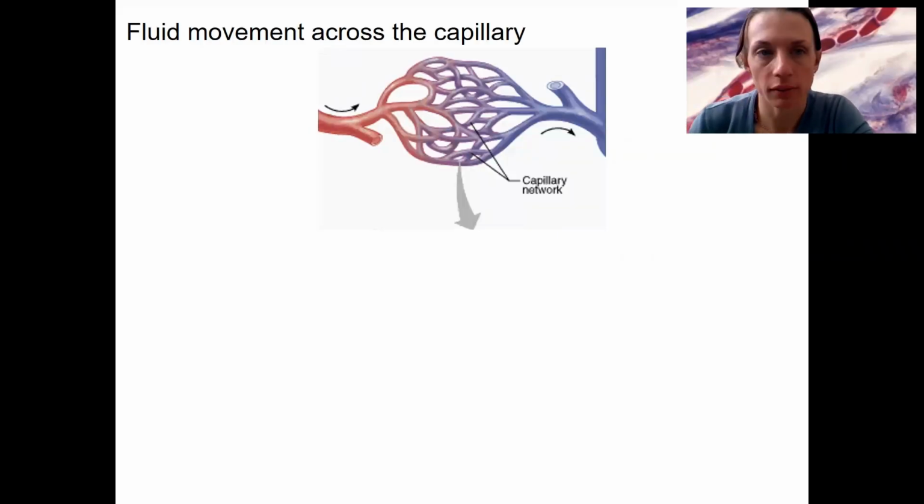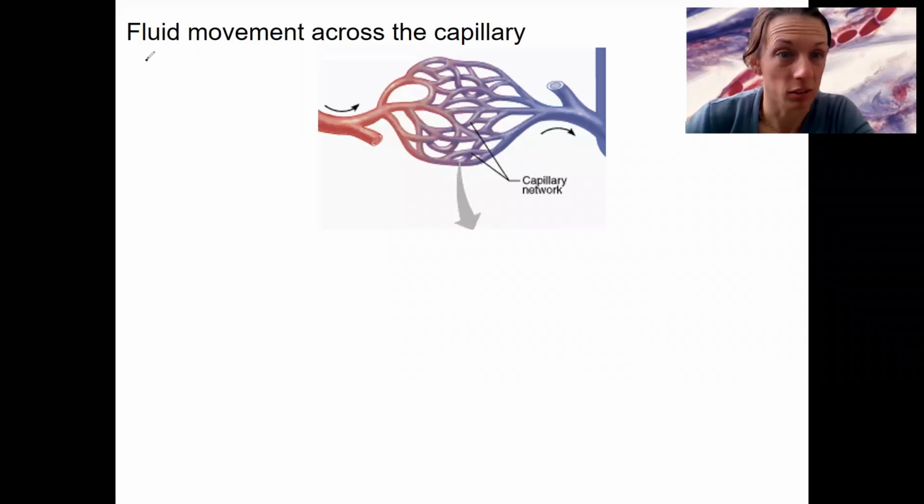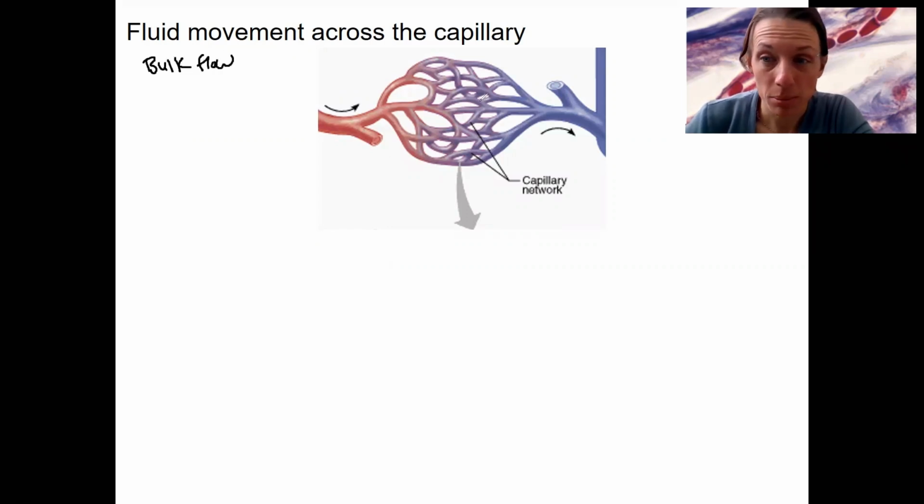I've told you we're going to look at fluid movement across the capillary. What is this called? This is called bulk flow. The bulk movement, so there's going to be a lot of movement of fluids. So here's a capillary bed, and you know what the red and blue indicate. This is going to be oxygenated, and this is going to be deoxygenated. And that switch occurs, that's shown as purple,